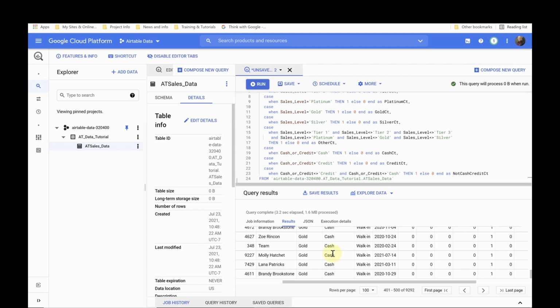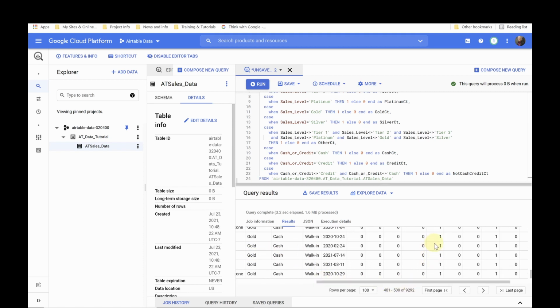There we go. So we see here it's equal to gold, which means the column that is gold right here is going to be set to 1. And that's going to allow us to summarize the data very quickly and easily when we go over to Google Data Studio. So what we're going to do is take a little break because I'm going to actually fix that